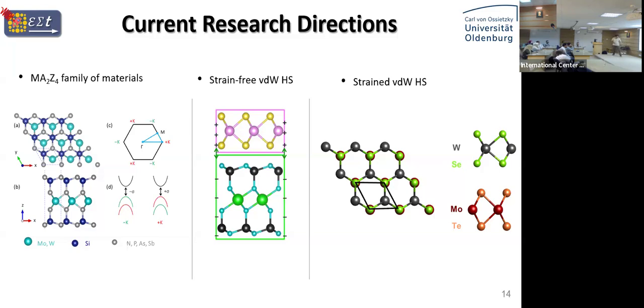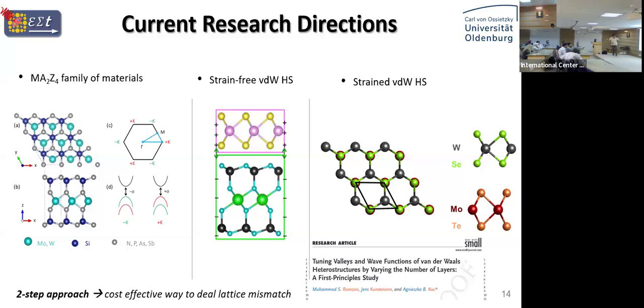In this case, I had another study during my PhD where we introduced a two-step approach. I wish I could introduce that in detail, but I can give you a one-liner: it's a cost-effective and efficient way to simulate such materials. In a nutshell, you divide your simulation into two steps. In one step, you shift the strain onto one layer, and in the other step, you shift it to the other layer. So you have the presence of this van der Waals hetero interface in your system, but one of your layers is relaxed.